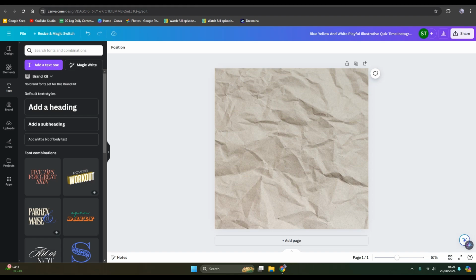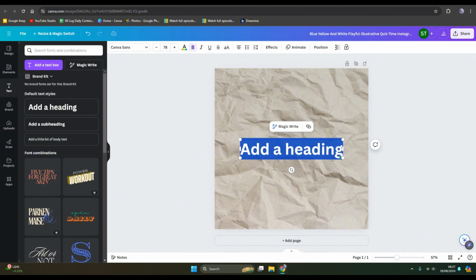On today's tutorial, I'm going to show you how you can add border to text in Canva. So here I'm already on Canva and I've already added a background, and I'm going to just write the text. Let's just click on add a heading. Here you can just write any text that you want. For example, I'm going to just write